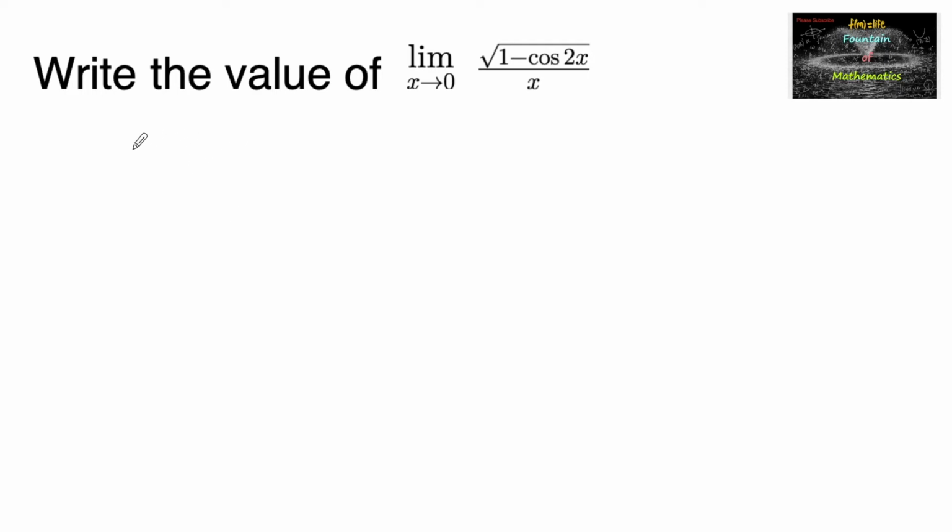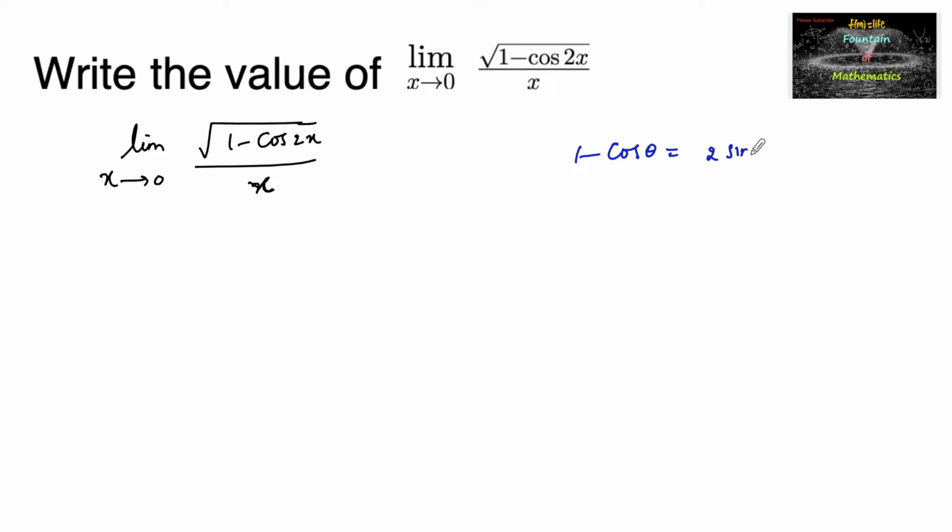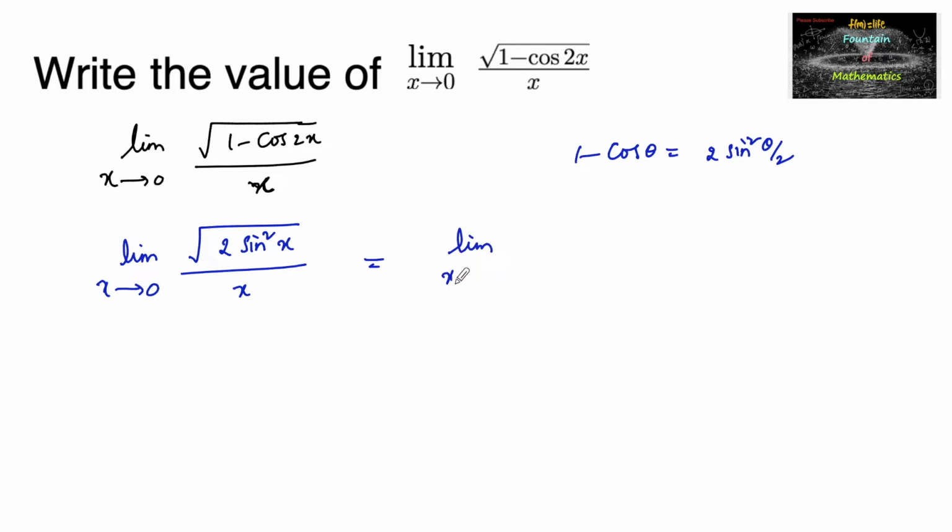Write the value of limit x tends to 0 root over 1 minus cos 2x upon x. We know that 1 minus cos theta is equal to 2 sin square theta by 2. So we can write 1 minus cos 2x as the limit x tends to 0 root over 2 sin square of 2x by 2, that is x, divided by x, which is equal to limit x tends